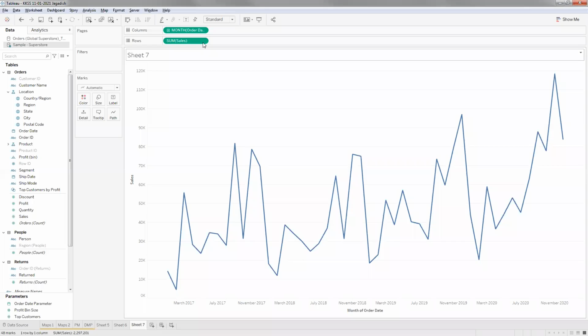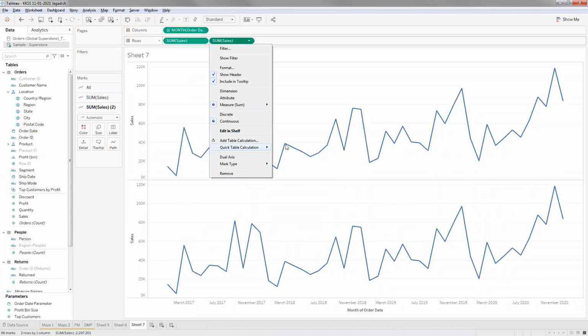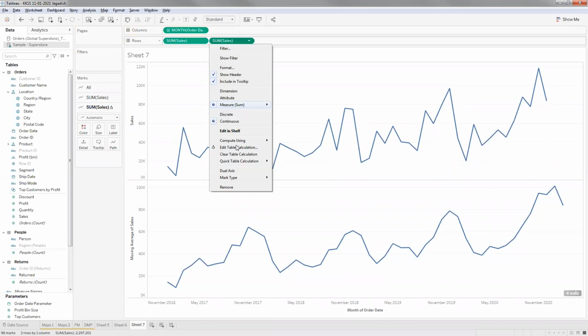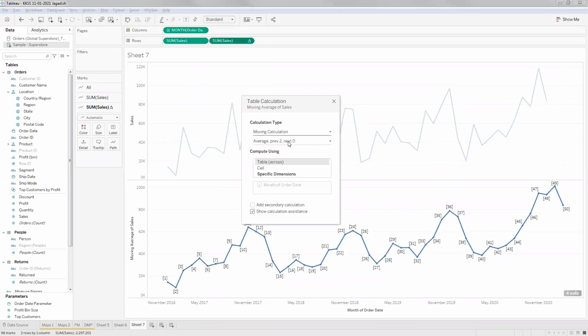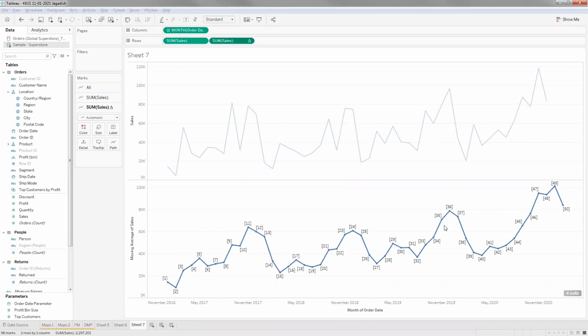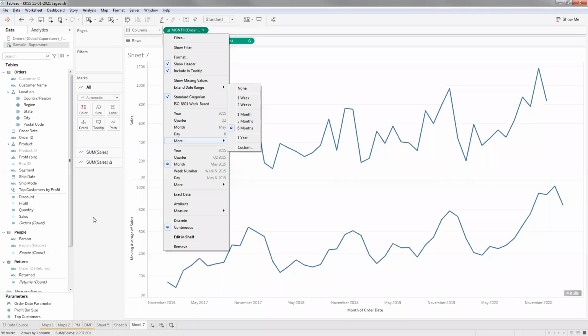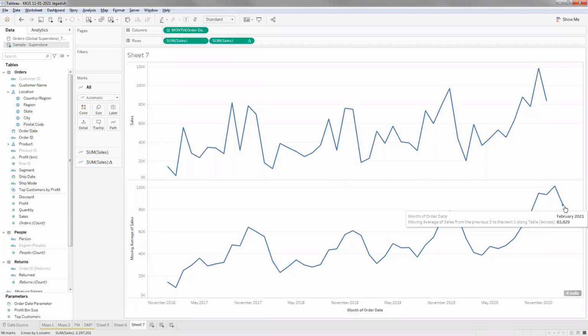Only when you enable certain types of functionality in Tableau is this date extension allowed. So let me just pull this, duplicate this, and add the table calculation, moving average, and edit table calculation. As of now it's taking the last two. Now the last point here is December 2020, and let's see what is the last point here, February 2021. It extended by two points, right? But we have set the date extension to 6 months, and it only happened for 2 points, up until February. The reason being